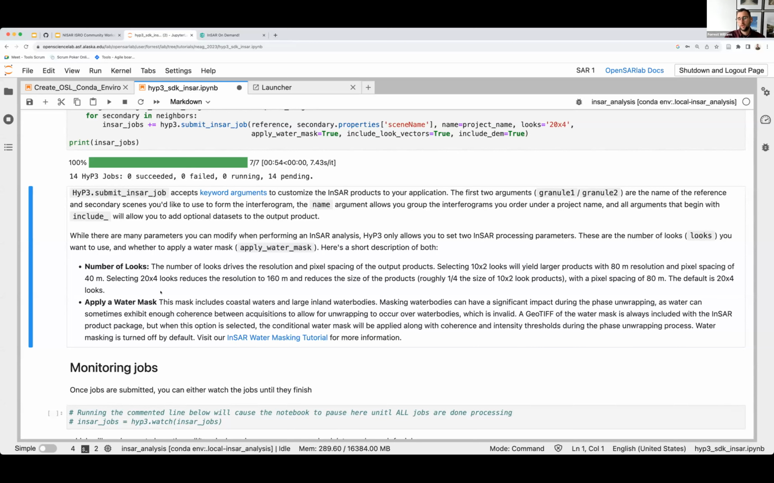And that in particular is the number of looks. This controls how much multi-looking, or basically spatial averaging, you're doing to the SAR imagery before actually creating your InSAR images. The important thing to know about this is it controls your output resolution. So if you're looking at higher resolutions, you want to set this to a lower number of looks. Right now we allow a 20x4 look and a 10x2 look. A 20x4 look will result in 80 meter pixel sizes in the output imagery, and 10x2 looks will get you